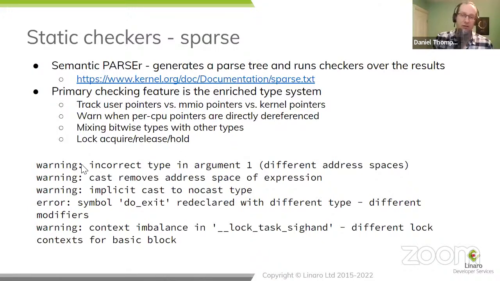So the sort of things you can see: we've got the wrong address space going into this function because probably we should have given it a user pointer and we accidentally sent in a kernel pointer; that we've cast something and removed the type information that would tell us what type of address it was; that we've allowed an implicit cast to take place on a type that we wouldn't expect to cast, and so on and so forth. So, like I say, the primary feature is it's using those additional tags that are unique to the kernel. User pointer, kernel pointer is not a thing if you're a user space programmer. It takes those things and uses them to find bugs in your code.